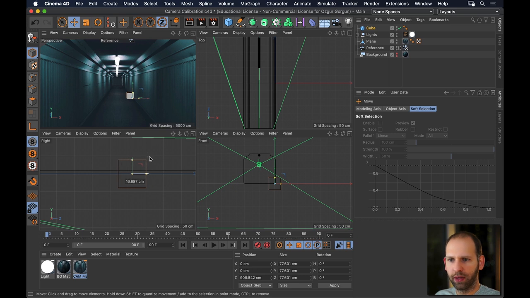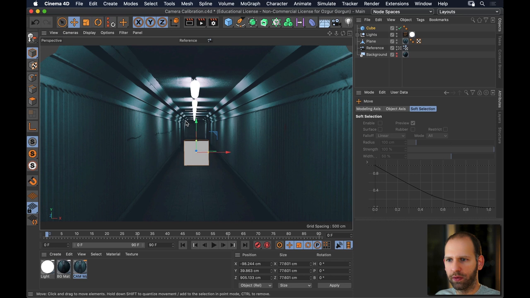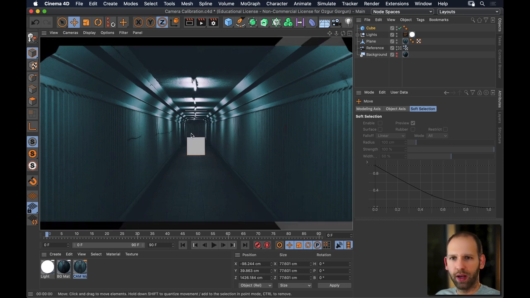So now because my Z is highlighted, I cannot move this up and down. So let's go and highlight the others as well. I can now move this up there. And then I'll just push this towards here so it's inside the room. And then go full screen here on the perspective view. And then turn off Y and X so I can just push this back towards the wall there at the back. And if I render this now, you see it looks a bit dull because the global illumination is turned off